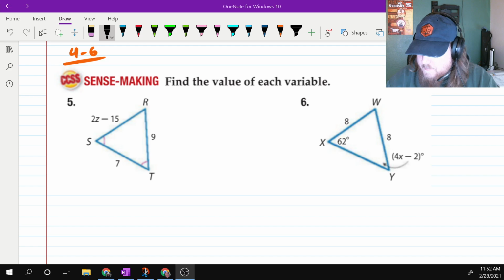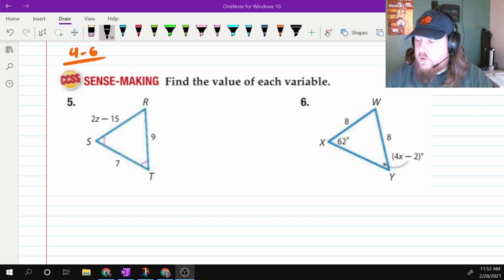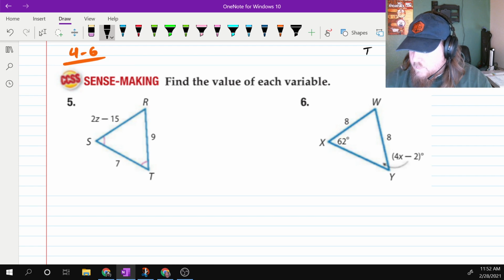Now, this section is all about isosceles and equilateral triangles. So we're going to be trying to work with one of those things, isosceles or equilateral. Which one we have depends on the number of sides that are congruent. Isosceles has two congruent sides, and equilateral has three congruent sides. Another thing about the equilateral is all the angles are 60 degrees, and for isosceles, the base angles are